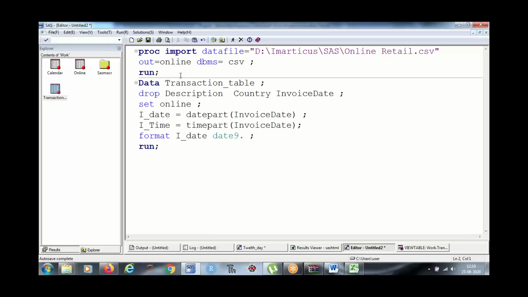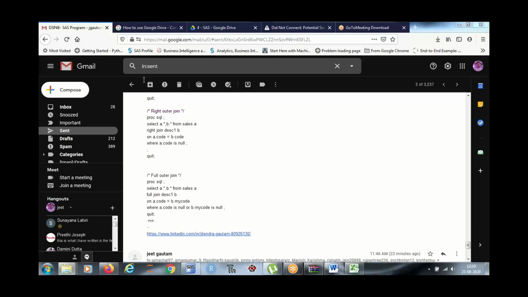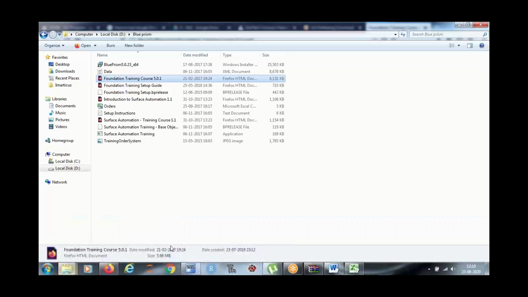If you have done this RPA, let me see. Do you have their setup, the RPA setup? No, but I came to know that only Blue Prism is giving one month of online access, so you cannot do more than that. Or maybe we have to go the other way around to get a different kind of setup. I have something, but I'm not sure whether I will be able to share this. Let me see if I can help you with that. It is in Foundation 5. I went through Foundation 3.0, when it came in 2015 or something. Yes, so I have this version.